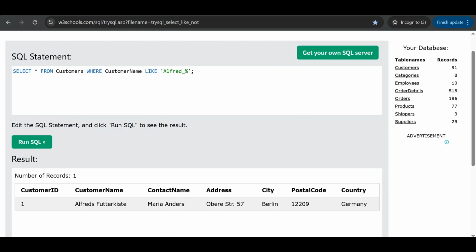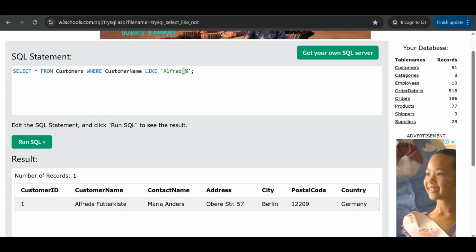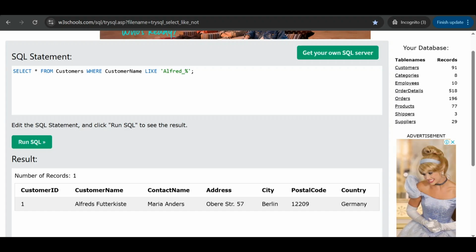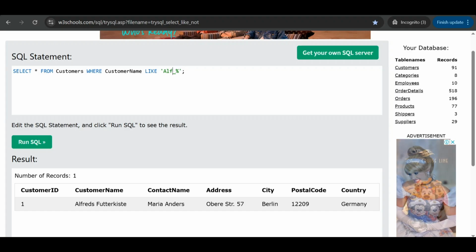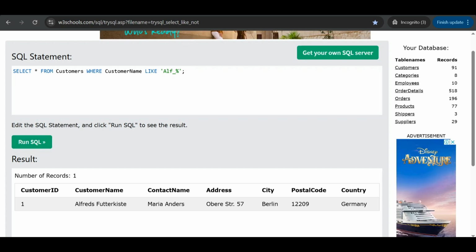For example, if you forget what character is in a name, you can write it like this, and the query will understand what you want.